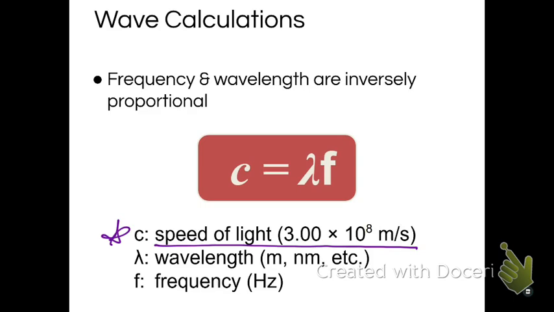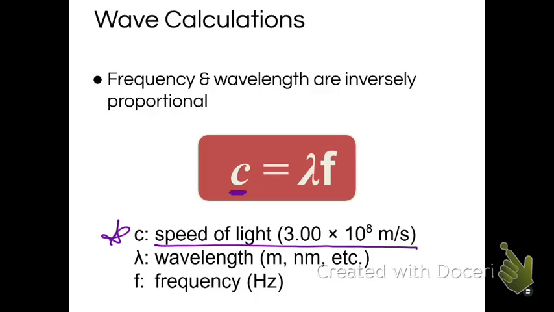And I apologize, on your printout I don't think the 8 turned into a superscript. So that is times 10 to the 8th meters per second. Anytime you see a c, that is what you will plug in. All electromagnetic radiation, all light, travels at the exact same speed, which is 3.00 times 10 to the 8th meters